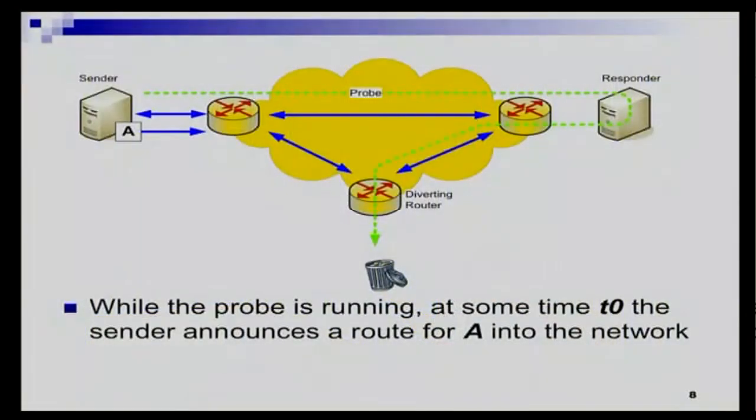And then, so we're running our probe, the packets are being dropped, and then at some time T0, the sender is going to announce a route for A into the network. So that information is now available, but it has to propagate through the network. So you can, I guess, probably see where we're going here with this. So we announce it at T0,